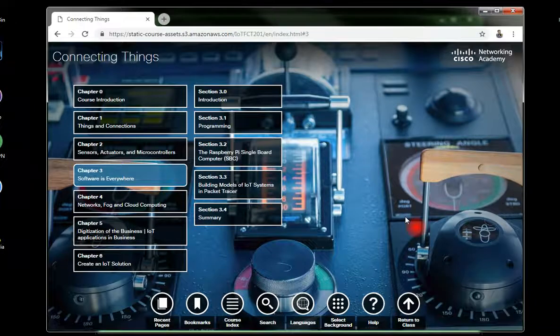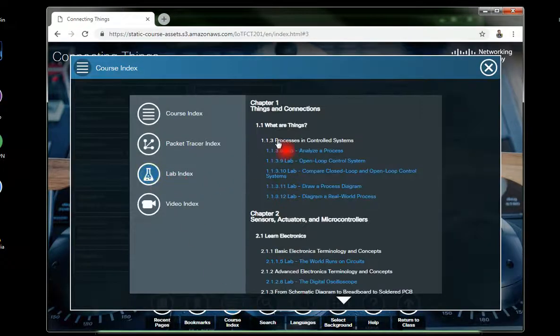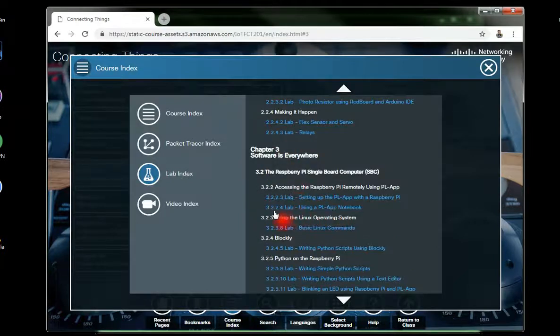good shape there. Okay, so I've already logged into my Cisco NetAcad, and I have already gone into the material into chapter 3. I'm going to use the course index down here to kind of speed my way through this. So I'm going to go to chapter 3. Right, so in order to do chapter